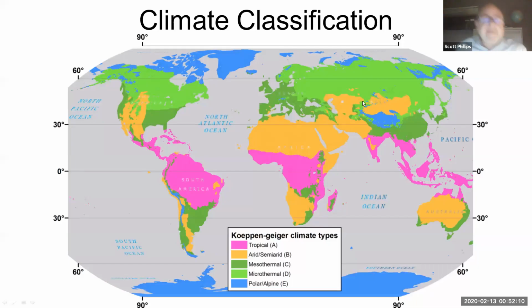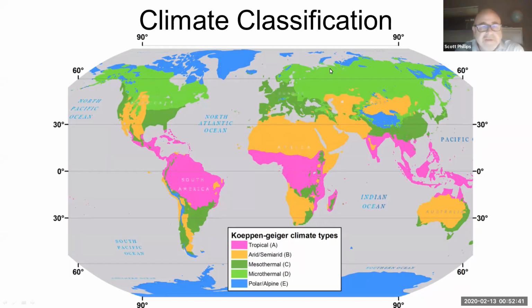Welcome back. I want to talk a little bit about climate classification in general, and then we'll talk about different types of climates we find in the world. So this is a kind of a homemade, simplified climate map with different categories. We have tropical climates and dry climates and what we call mild or mesothermal climates and so on. And so what I want to talk about is the classification systems that we use in general, and then the